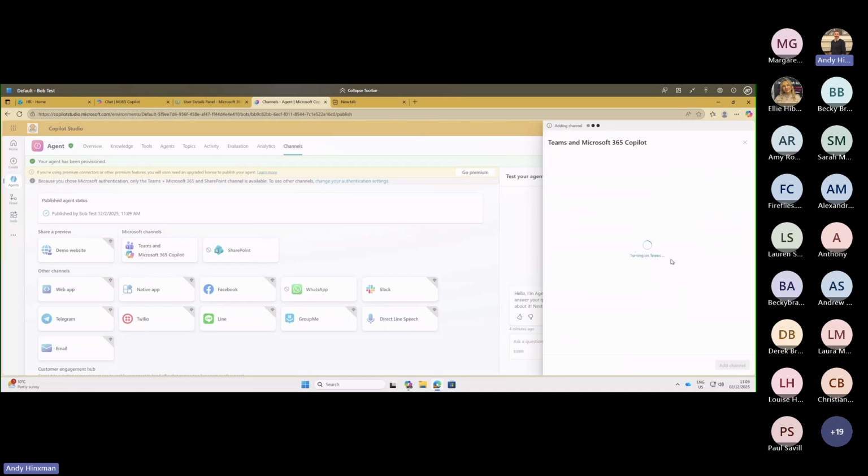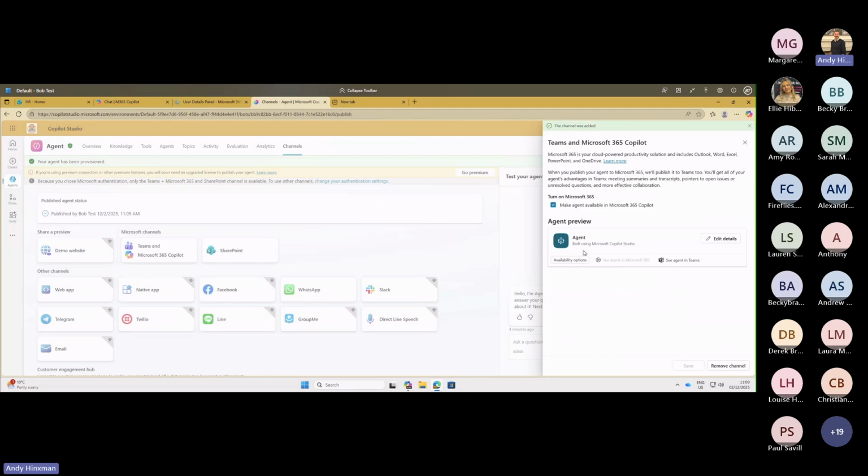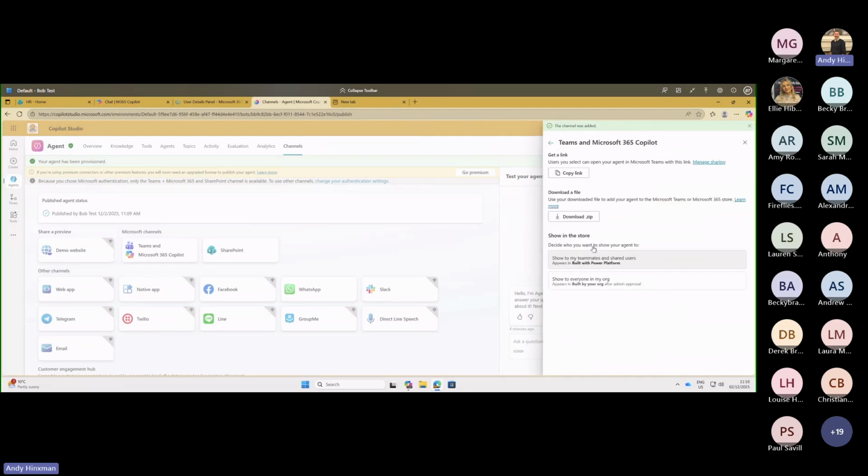Look, add channel. Once this is added, you then still have to tell it who can see it. And you can also tell it, do you want them to be able to install the agent, or do you want the agent already pinned to their sidebar? So I'll show you that very quickly as well. So availability options here. Click on this. So show to my teammates, show to everyone. And then if I say show to my teammates,